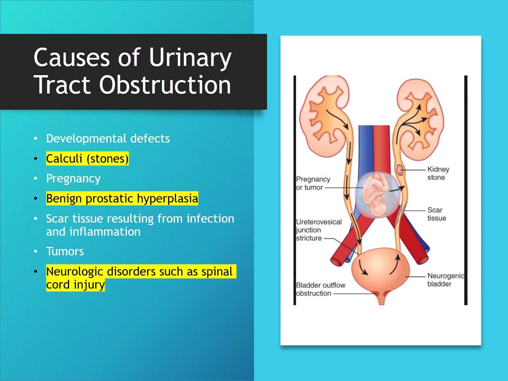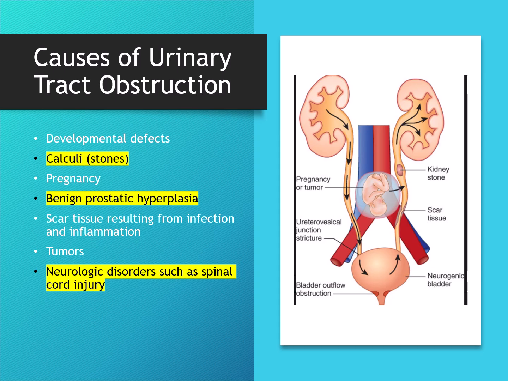Some babies are born with urinary tract obstruction already developed. A very common cause of urinary tract obstruction, especially in adults, is calculi or stones. You can see that depicted in the picture here, and we'll talk more about why stones develop and how we prevent them in a moment. Pregnancy can also cause urinary obstruction from the fetus just sitting right on some of these outflow structures within the